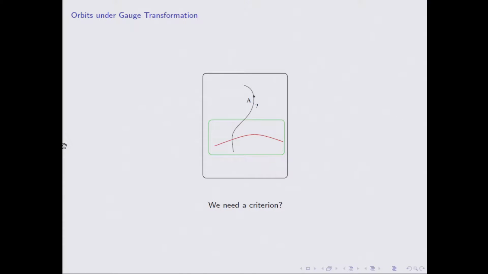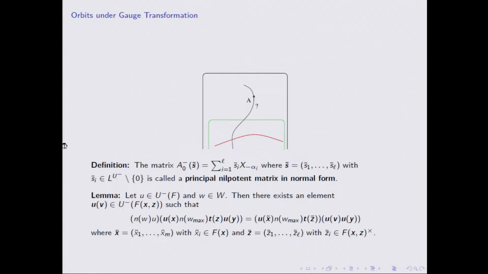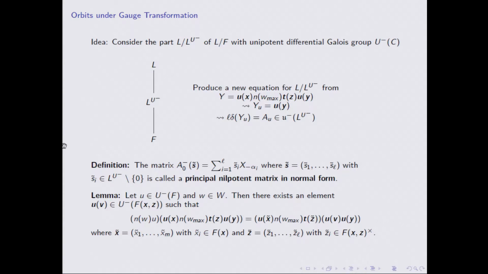What if we are not here in this box? We need a criterion for that. Well, as we have seen before, the extensions are determined by L elements of the extension. This determines then a Liouvillean part. And the idea now is to decide gauge equivalence by this Liouvillean part or unipotent part. So what we do now again is we consider here this extension,